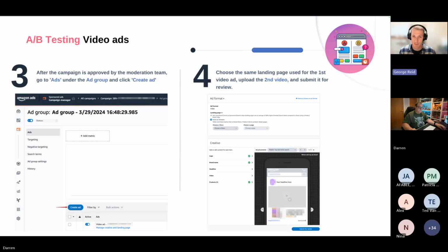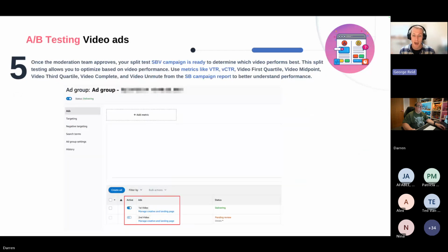This should be a nice little step-by-step. Amazon are then going to give us, I don't know if there's a third slide here. I think there is a third slide. There we go. Yeah. Amazon are then going to give us the data on which video is basically performing best. So we're going to get click-through rate, we're going to get sales, return on investment, or ad spend, I should say. The video through rate, I think it's called, which is like how far through the video they get. All of this information is going to become available.